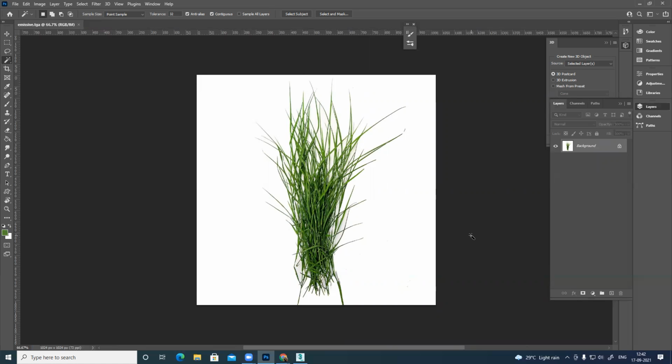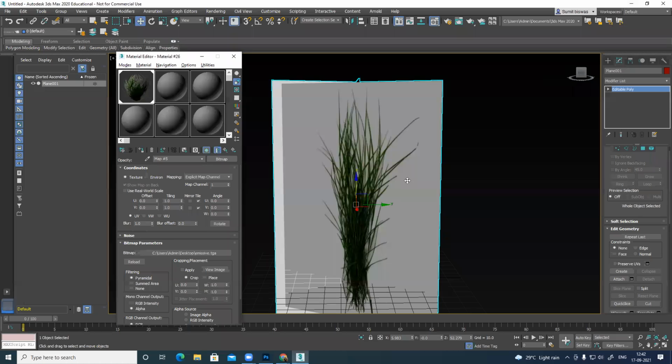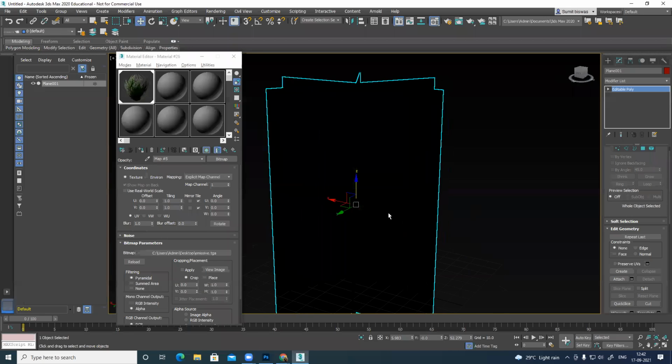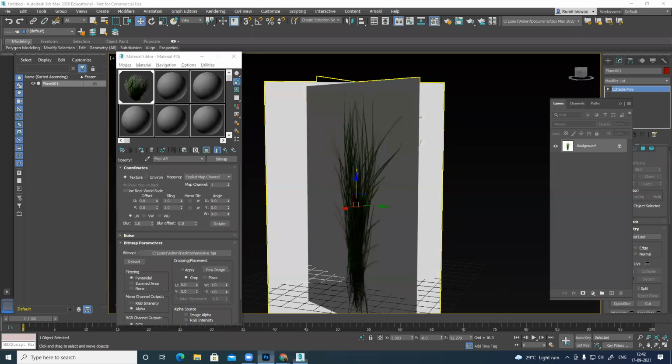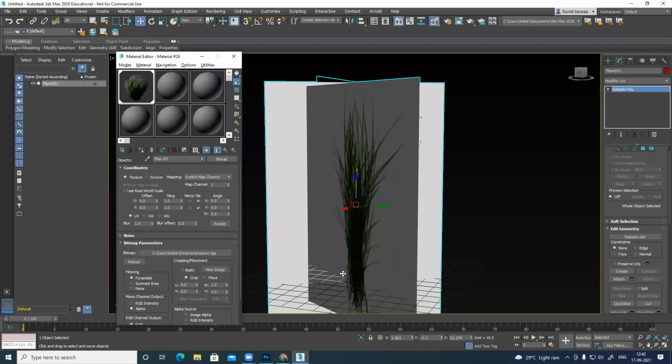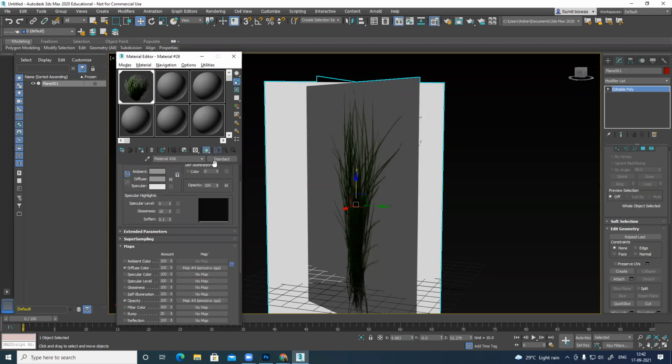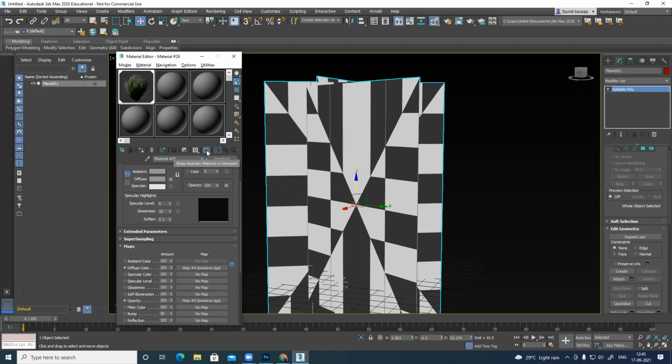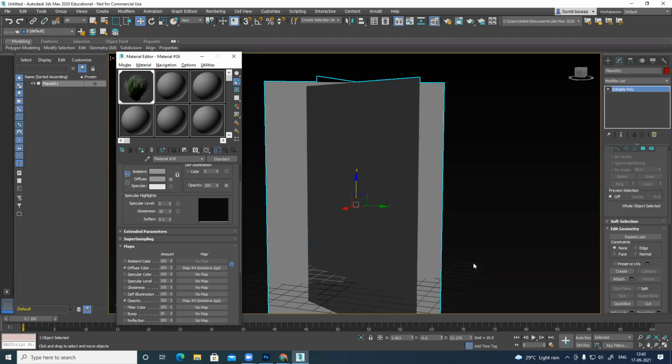Save my file, 32-bit, already saved. Not plus, like in channels, if you have a selection, then mask. Or if you want to create something manually, then plus. Plus means adding a layer. You're adding a channel basically. This is saved. Now you can see this thing is transparent. Make this thing visible. Activate.